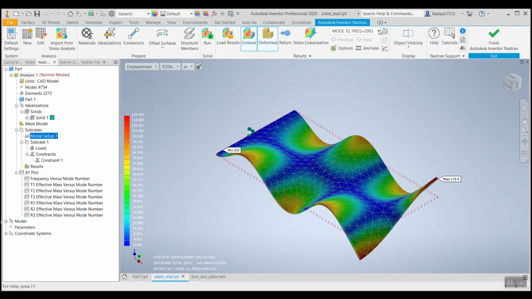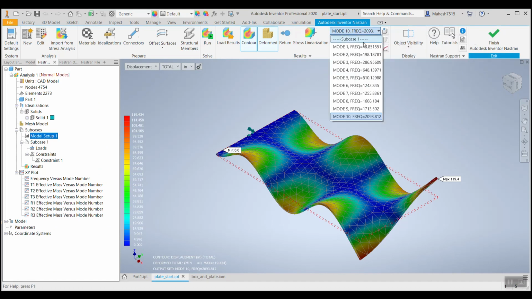And if you go over here and drop down, you can see the different number of frequencies which it took for the particular study. So the first mode of frequency is 45 Hertz. So we'll quickly go over there and check for the results of mode 1. That is for frequency 45, what will be our model's vibration or what will be our model's impact.